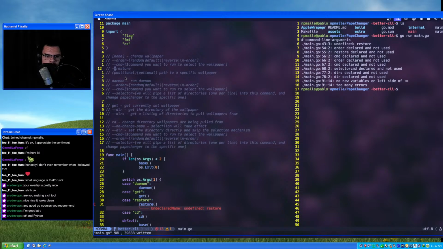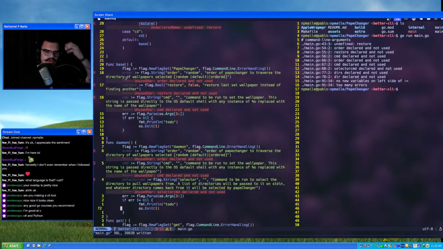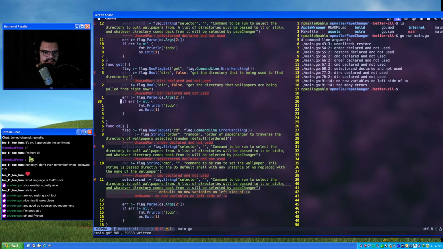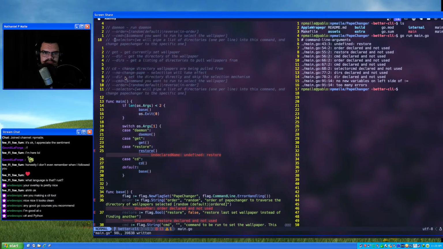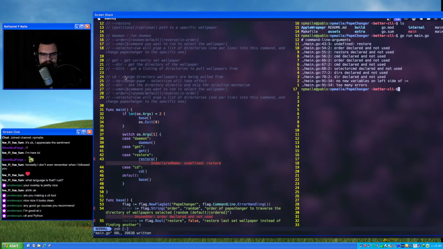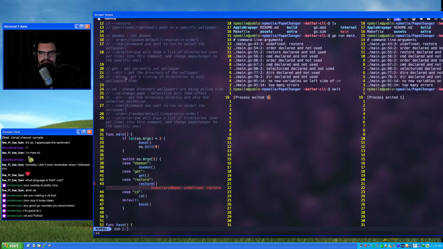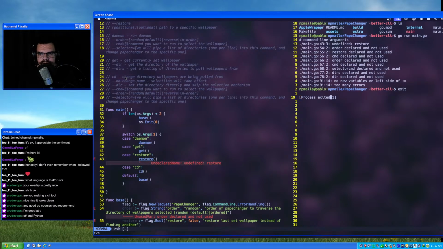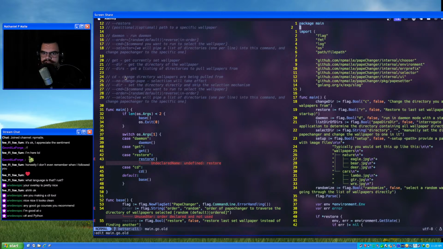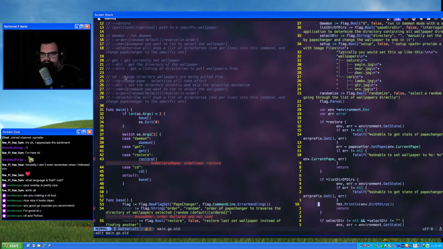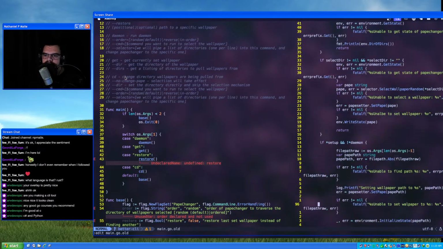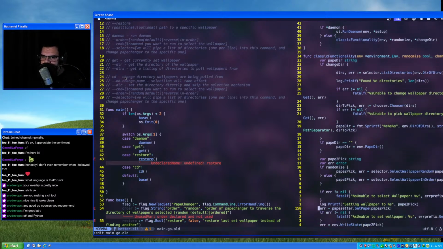So anyway, we've got to fill in the commands. What I did was I took the old main method, or main file, main.go, and copied it to a file with the extension .old, and I just have it here for reference.